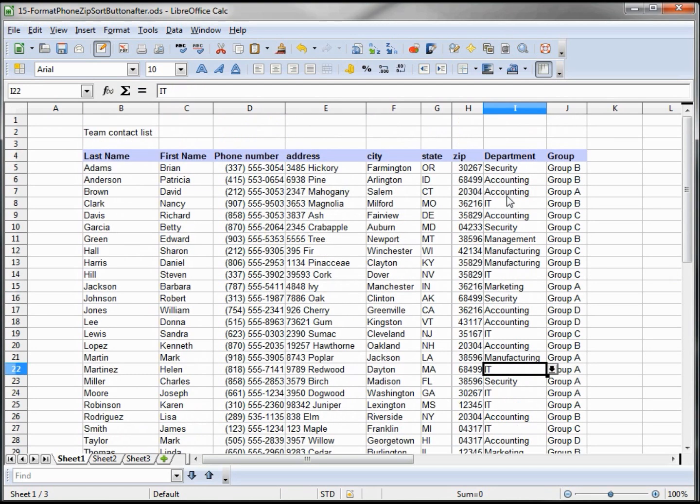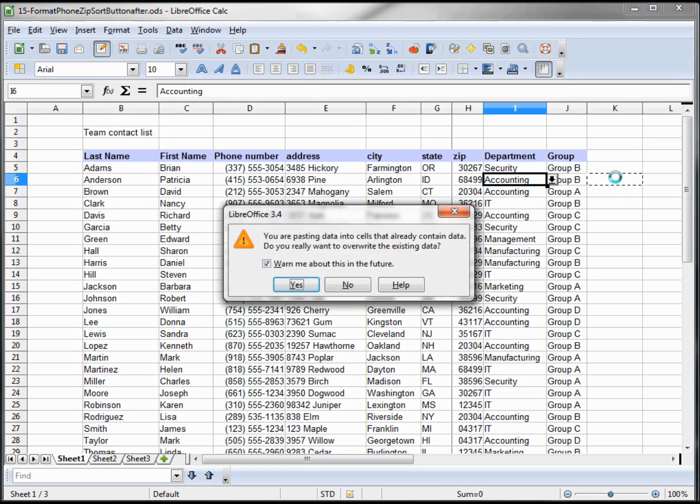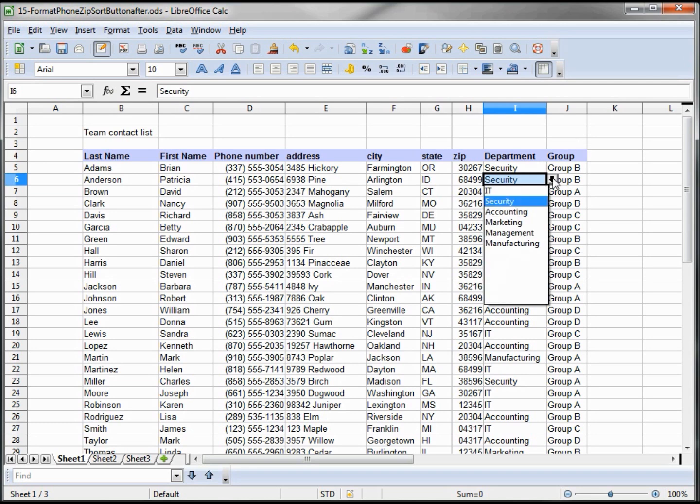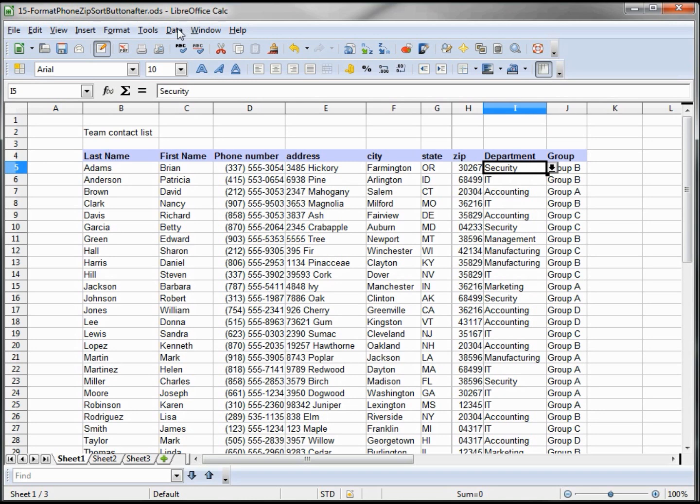Now this isn't a sure way of preventing people from putting in the wrong data, because if you just copy a cell here, I'm using Control C and Control V, and it's overwriting that cell including the format. So that's why it's allowing it, and that drop down is gone. So I can copy this and paste it there, Control V to put that back, and I've got my drop down again.